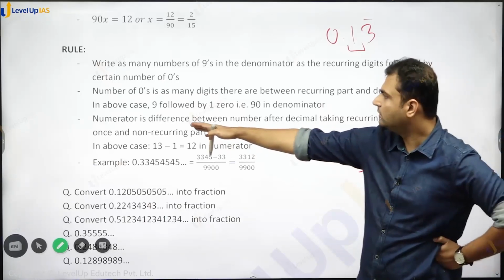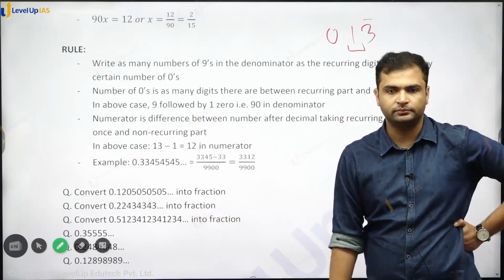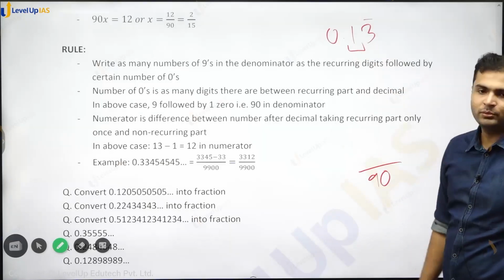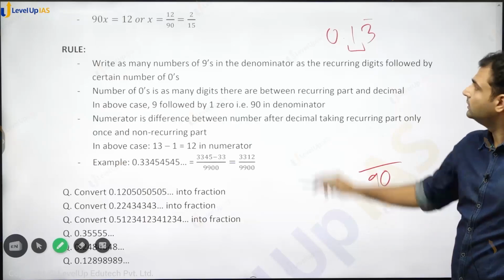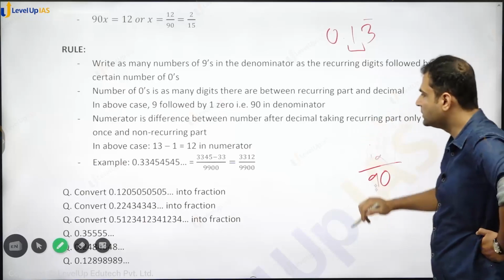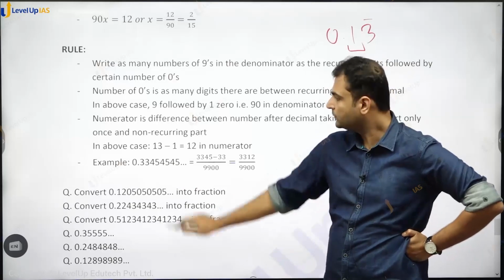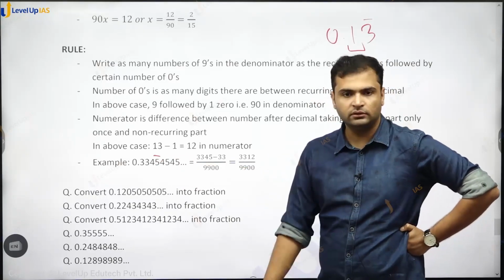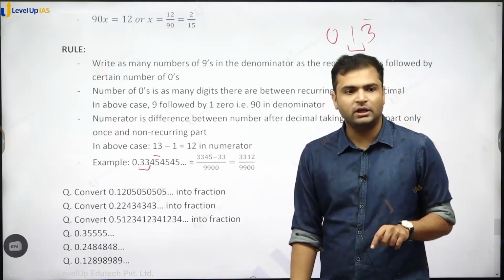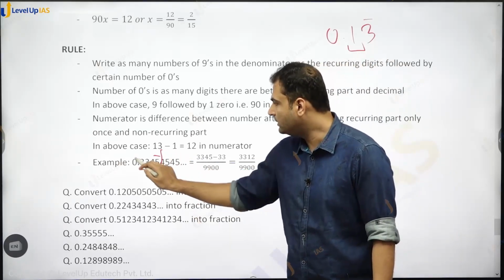and in the numerator we take difference between number after decimal taking recurring part only once and non-recurring part। 13 लेंगे एंड उसमें से एक सब्ट्रैक्ट करेंगे, पूरा 13 लेंगे उसमें से एक सब्ट्रैक्ट करेंगे, so we will get 12। अनदर क्वेश्चन, अनदर एग्जांपल यहाँ पे लिखा है 0.3345, 45 रिपीट हो रहा है, राइट। तो 2 digits are repeating, so we'll write 9 2 times, 99, and there are 2 digits between decimal and repeated part, we'll write 2 zeros, and in the numerator we'll write 3345 minus 33,